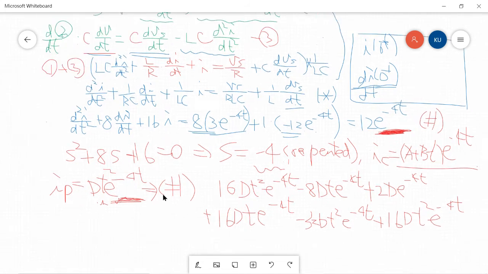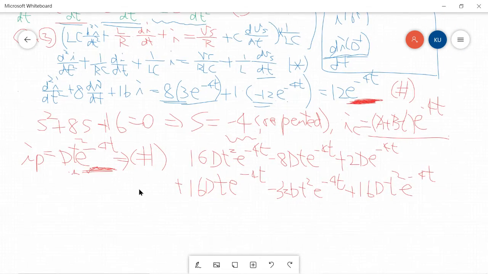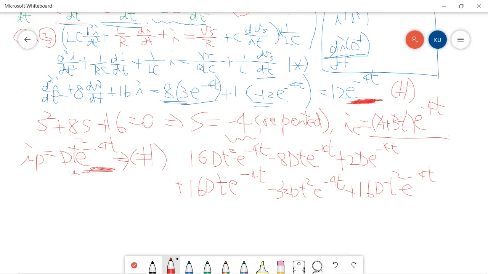So this is the left hand side, and the right hand side will be equal to 12 exponential to minus 4t. So we can note that here we have 16 dt square minus 32 dt square. So this term can be cancelled. And also,